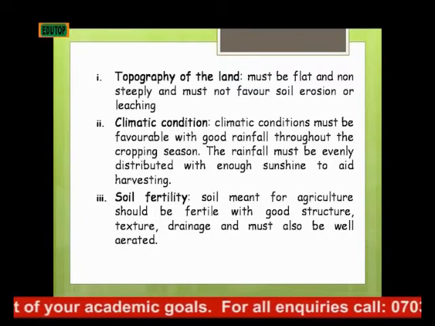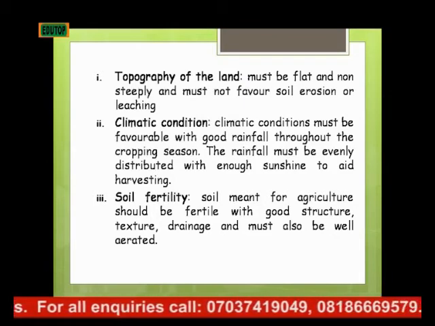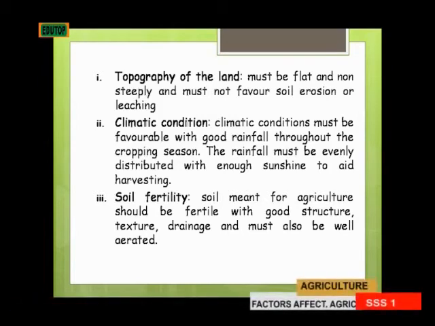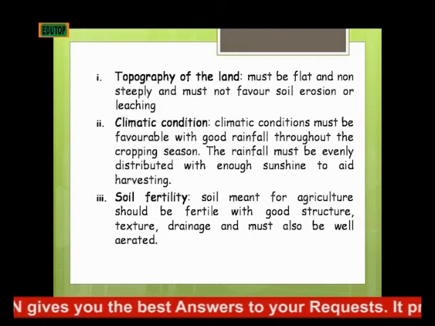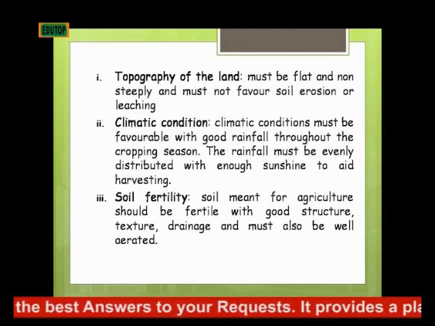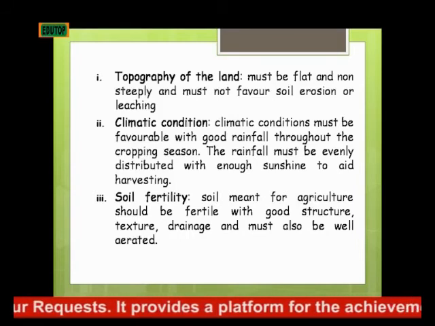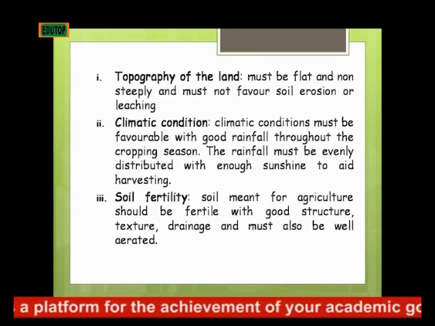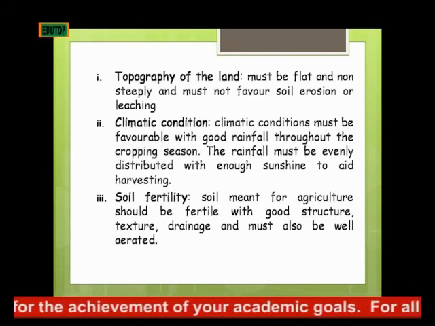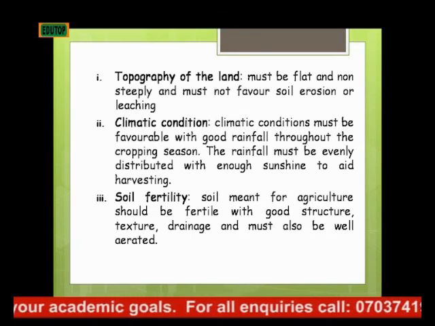Now, different crops require different soil fertility. In a situation whereby we have maybe tomato or maize, the soil fertility required by them differs, and the nutrients required for optimal production differ from one plant to another. So if the soil is not fertile enough,